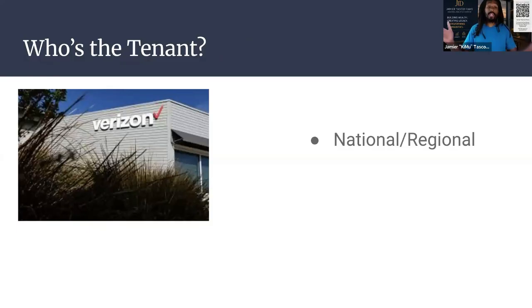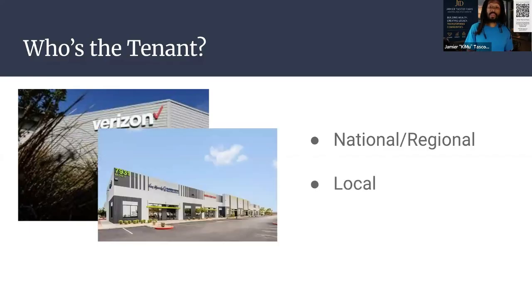It's publicly traded in the United States. It has national impact. No matter what your experience or your opinion on Verizon's services are, they are a national company, and that would make them a highly qualified tenant. You might have a local company. And once again, everything goes based on the scoring system. So even the location, that has a scorecard. Tenants have a scorecard. We got national. That's going to be the highest one, national or regional.